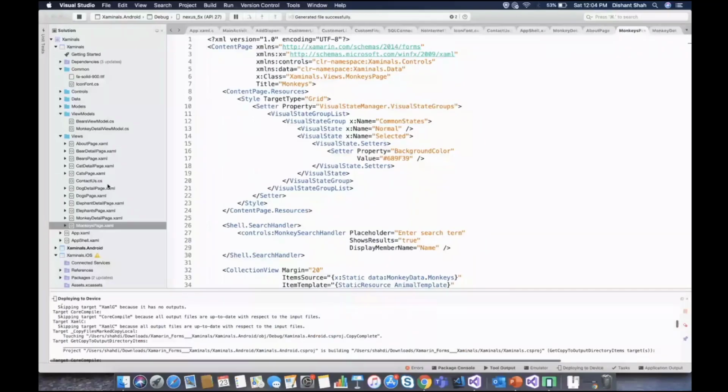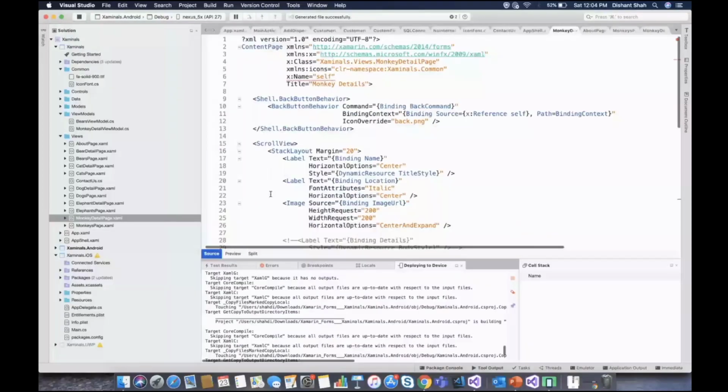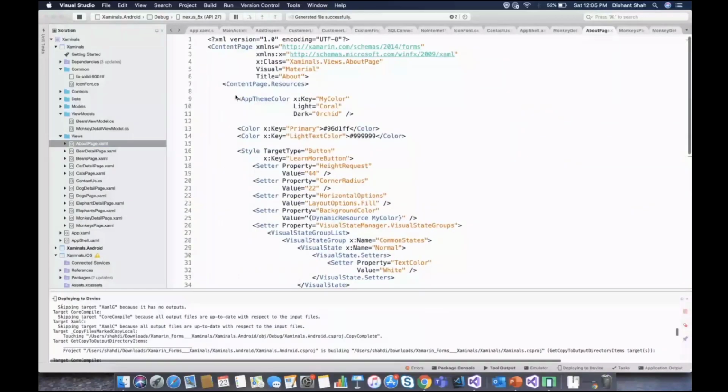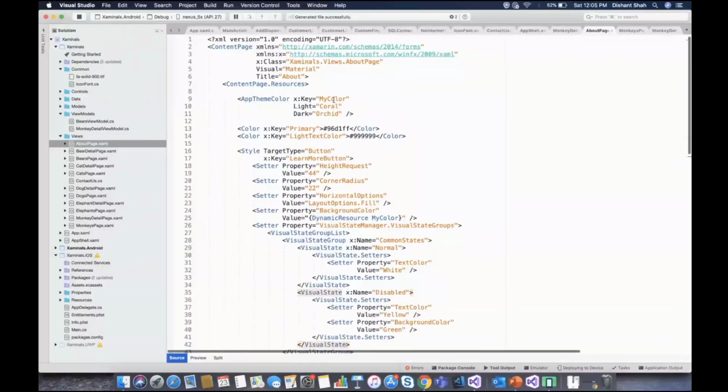Let me switch to one of the pages, the About page. You can see that I have set this app theme color. You can give any key name for this theme. Suppose in this background color, I have used this dynamic resource and given the key.